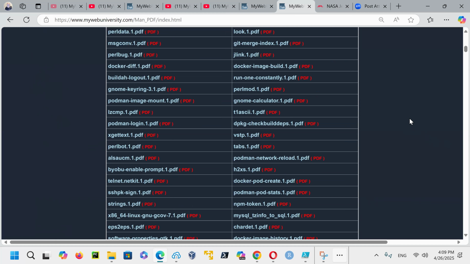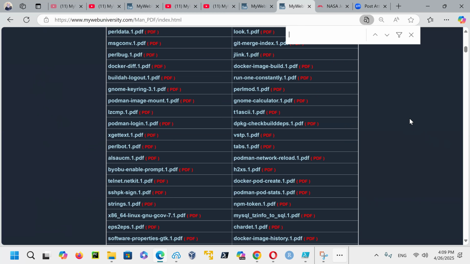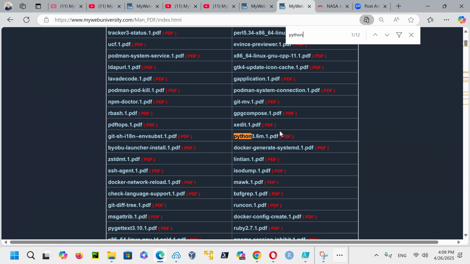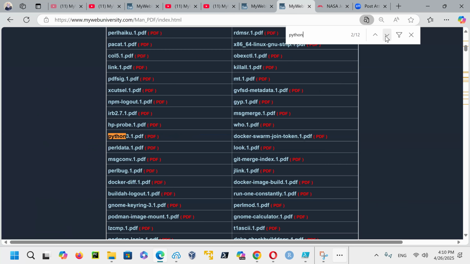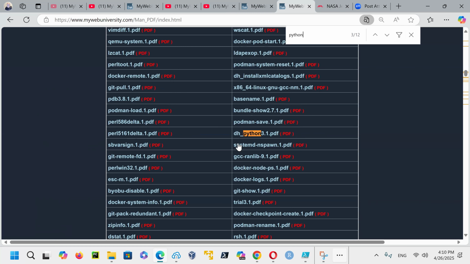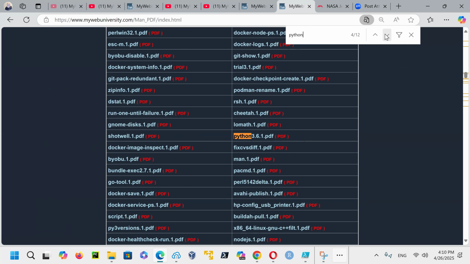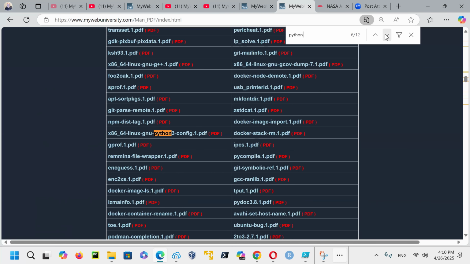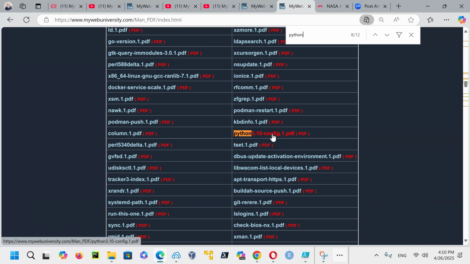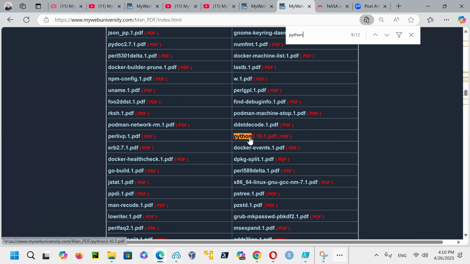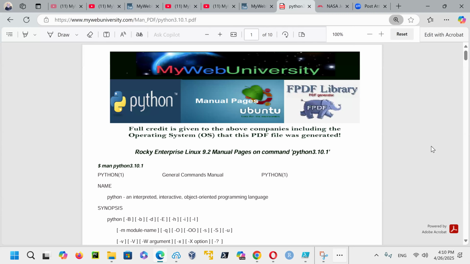For example, if you're looking to learn, let's say, Python, you click here, and then for Python, all these 12 entries show up. Depending on which version you want, Python 3.6, you have a PDF file. Python 3.1, you have a PDF file. Python 3.1 and another one. Python 3.6.1. So let's say I want to click on one of them, Python 3.10. This is the dash config. So you can see that Python 3.10, this is the actual Python 3.10 documentation.